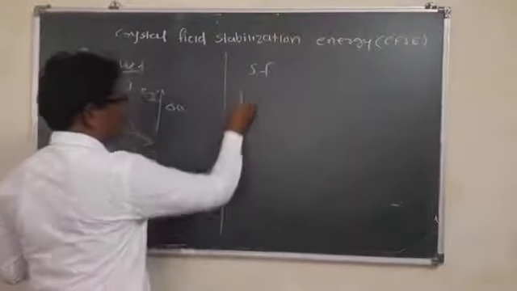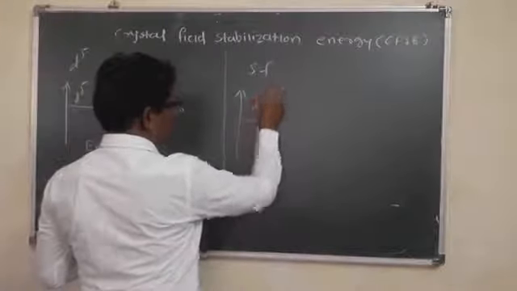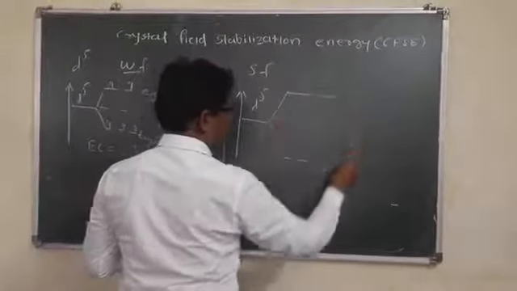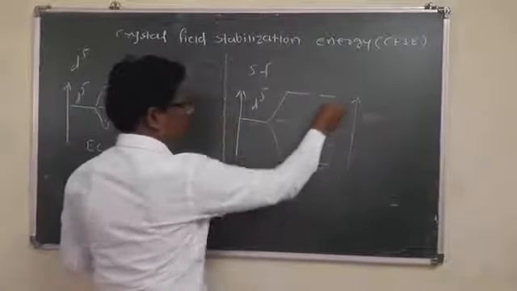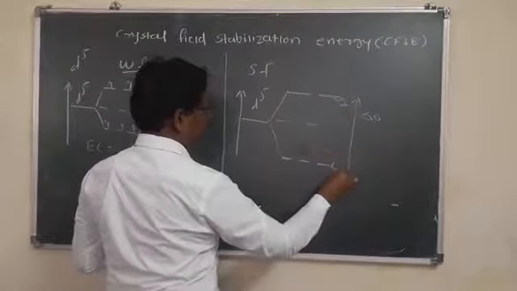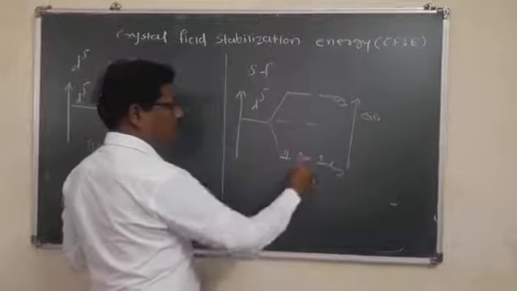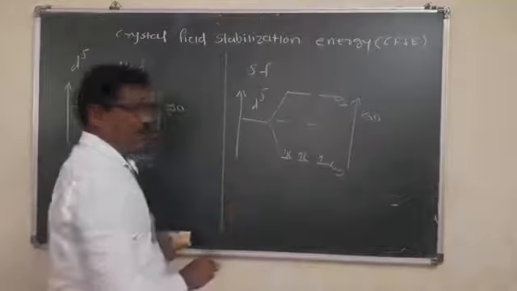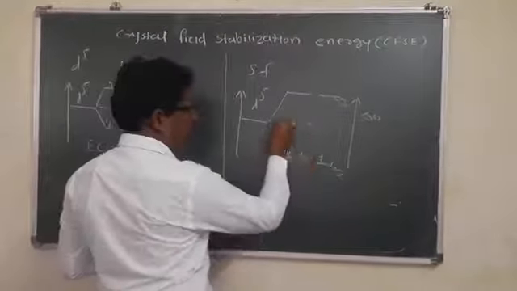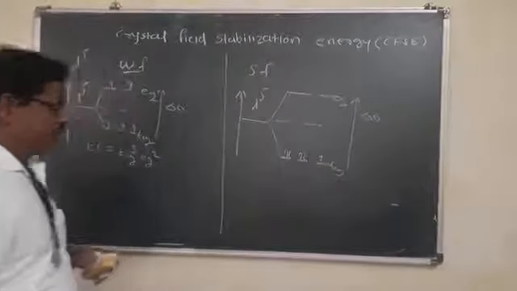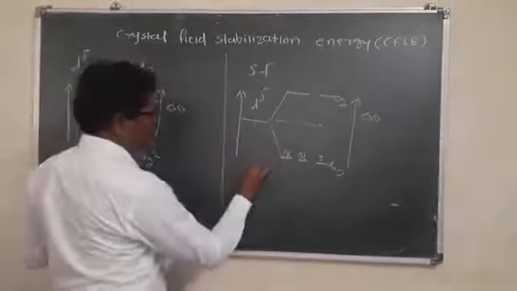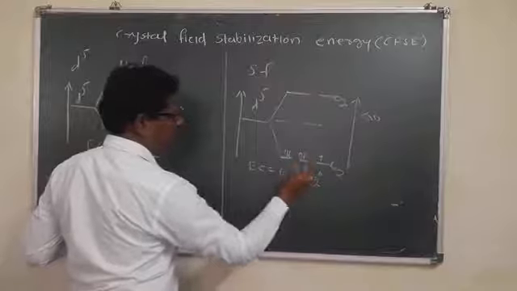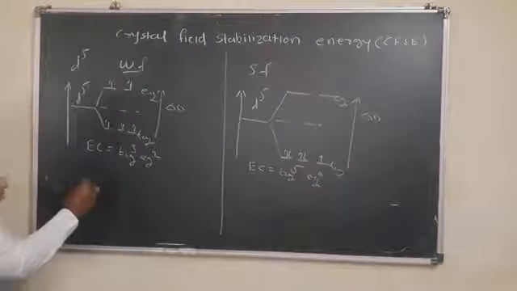In the d5 case with strong field ligands, this is the crystal field splitting parameter, with eg orbitals and t2g orbitals. Here 3 electrons are occupied in the t2g orbitals, and the 4th and 5th electrons are paired with the 1st and 2nd electrons. Due to the small pairing energy, the electronic configuration is t2g 5 and eg 0. Okay, the crystal field stabilization energy